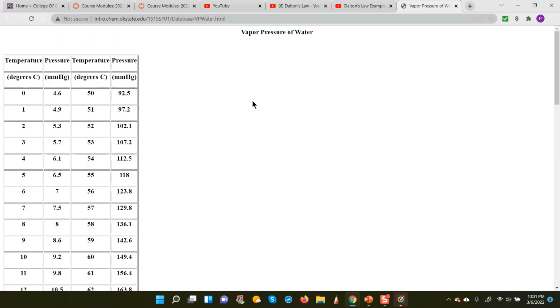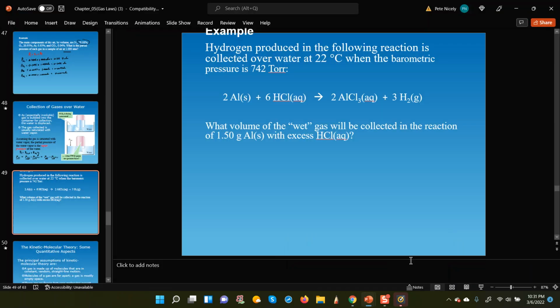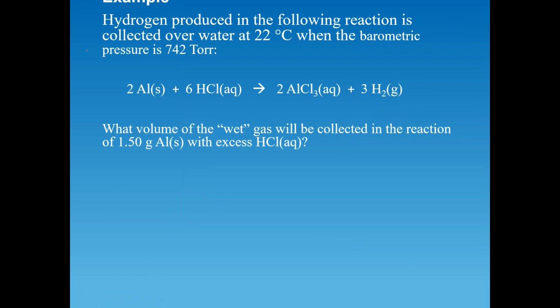Let me go back to the PowerPoint here. And the first thing I'm going to write down here is that the vapor pressure of water, I'm going to squeeze it in right here. The vapor pressure of water at 22 degrees Celsius is equal to 19.8 millimeters mercury. All right. Okay. So what I'm going to do now is